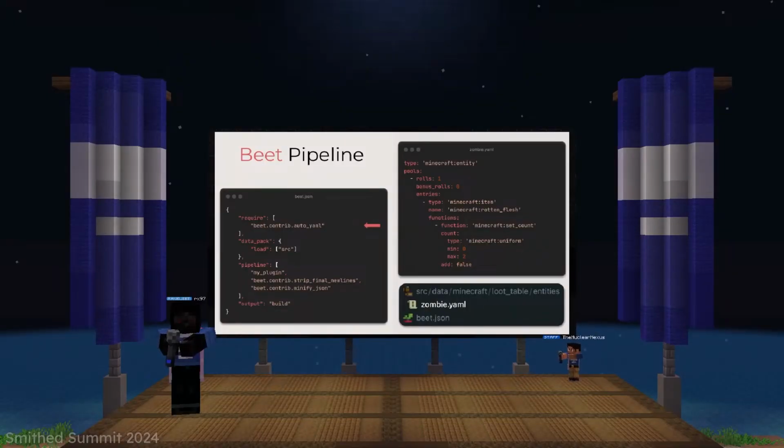Rather than writing a Bolt file to solve this, I wrote a Beet plugin that took the entirety of Minecraft load and put it in a delayed load function tag. And then I wrote a function that checks if a player exists and then calls that function when finally a player exists, because that means entities are loaded. This is something I could have done in a Bolt file, but it was really easy in a Python file because I already had everybody's data packs loaded into a single environment, so all I had to do was take the final merged Minecraft load and put it in a different function tag. That's sort of where it's really powerful